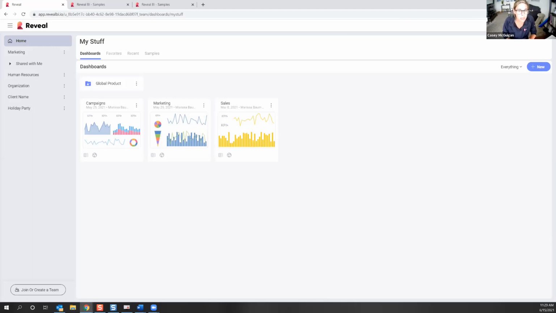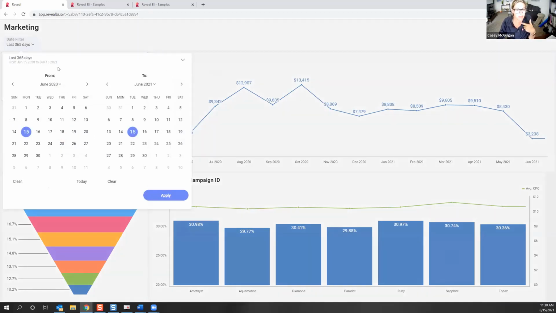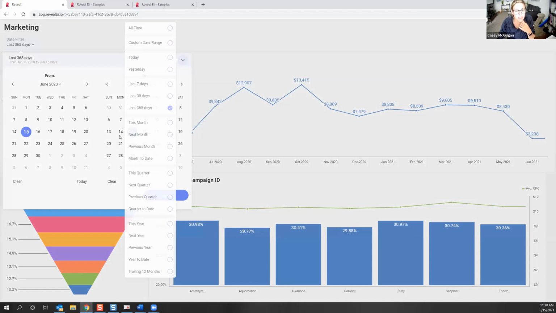So when you first come into Reveal here, you can see I have a few different dashboards that I have already created in here. You have a marketing sample in here that shows an example of how one of our customers just mentioned how much they like the dashboard level filtering. So from here, you can